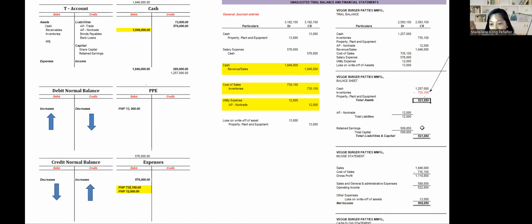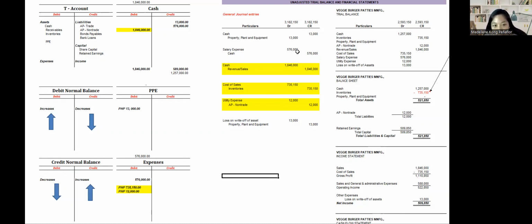Then yeah, our total asset is 1,257 plus negative 735. We have 521,850. Then we have AP non-trade, since we no longer have other liabilities, so we record 12,000. And then retained earnings. How did I get the retained earnings? If we go to our income statement, we have sales of 1.8 million, less cost of sales of 735, less selling and general and administrative expenses. How did I get that